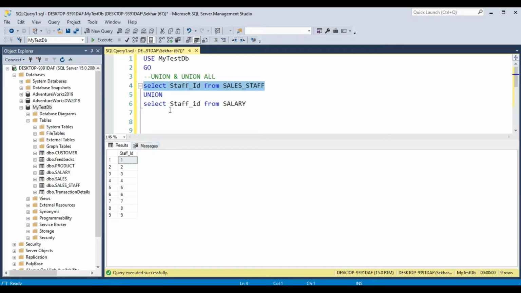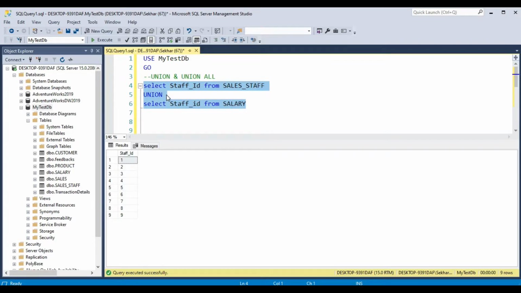Let's check our queries individually. In the sales staff table we have 9 rows, and in salary also we have 9 rows. But when we run union, we are getting a total of 9. We are not getting 9 and 9, 18, but we are getting 9.